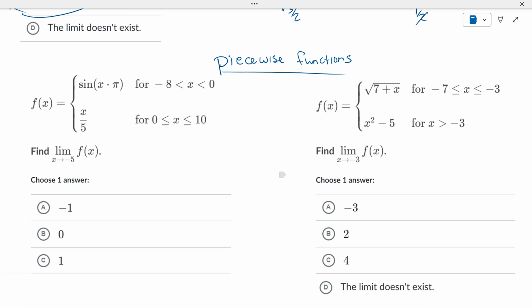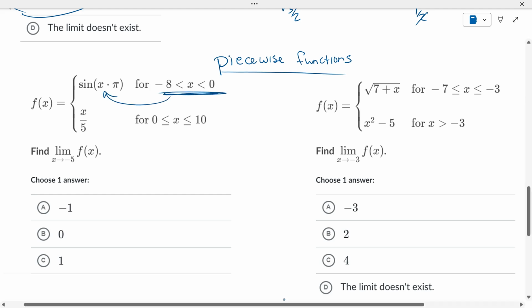So piecewise functions will have multiple parts. This tells you the domain. This tells you the range. So you look at this, and then that'll tell you where you're at after that. So if we would graph this,